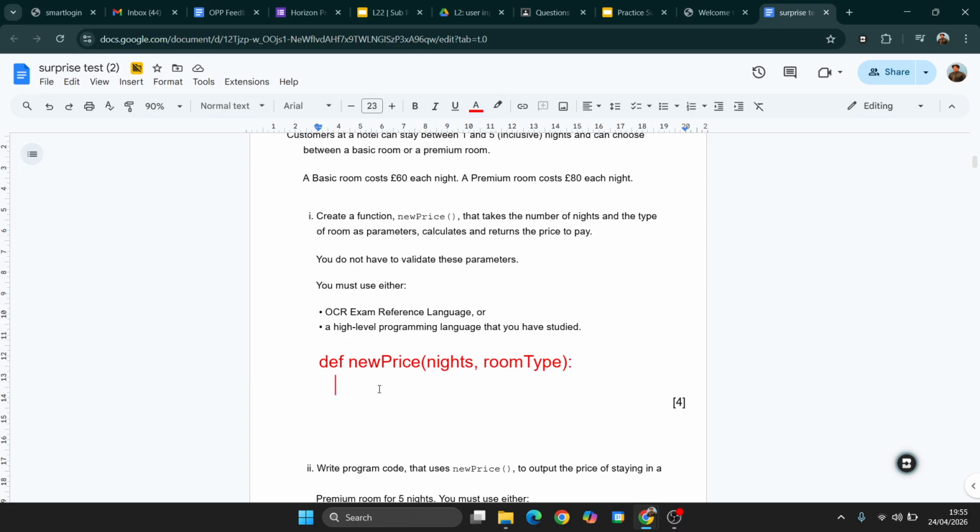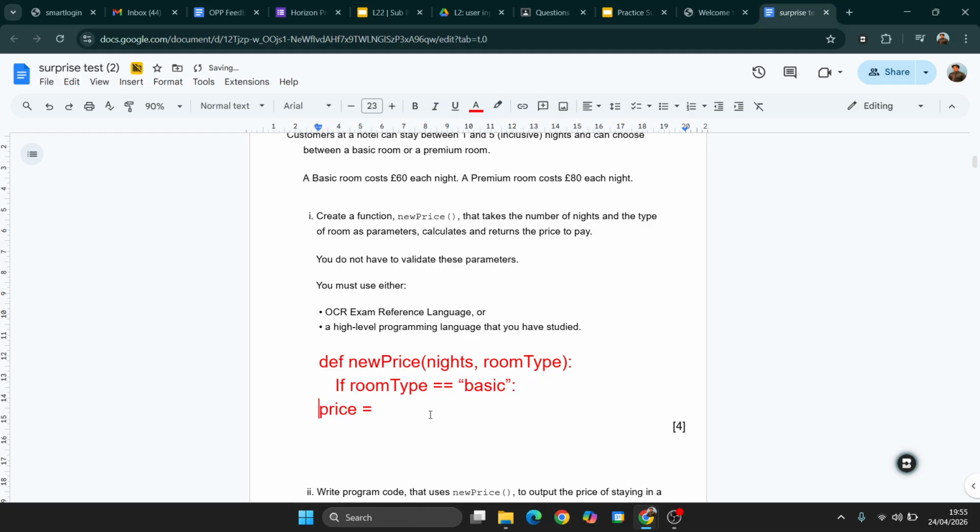I would say price equals, it comes as a capital, let's keep it smaller, looks better, equals. So what do we need to do, how do we know how much they need to pay? For that reason I need to check what kind of room they are choosing. Remember, because based on the room the price is varying. So if I say if room type equals two different kinds of room, one is basic and another is premium. So if I say it is basic,